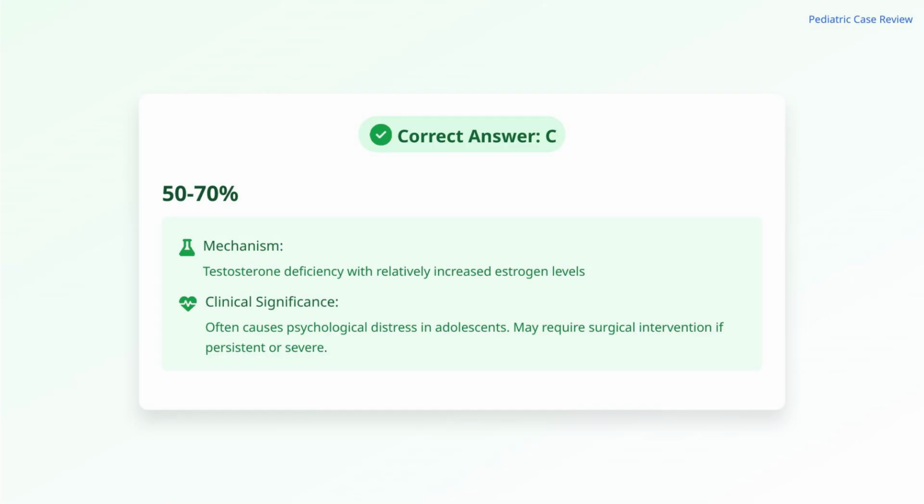This occurs due to testosterone deficiency combined with relatively increased estrogen levels, creating an imbalanced hormone ratio. The breast tissue development often causes significant psychological distress, particularly during adolescence. While testosterone replacement may help prevent progression, established gynecomastia may require surgical intervention for cosmetic concerns and improve quality of